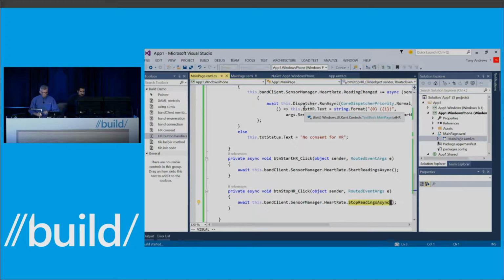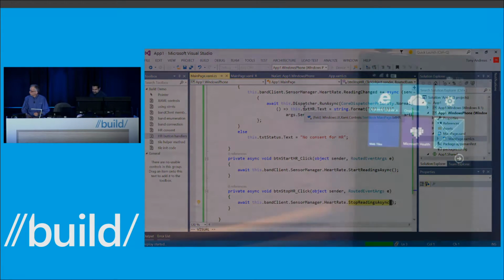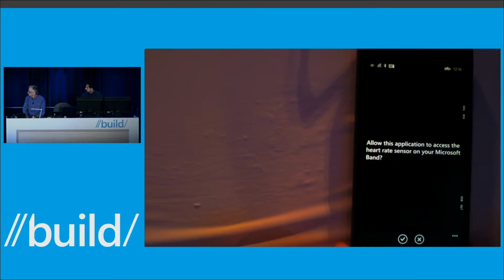So that's going to build and deploy, and we'll see this come up over here on our phone in just a moment. I won't bother showing you the band under the screen here because we're not doing anything with the UI yet, so we won't see anything happening over here. So the app is coming up, and you see it's connecting. It's connected, and now we go right into this authorization. So I'll just scoot that up.